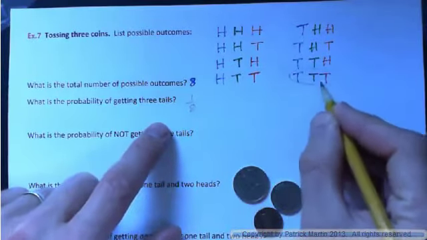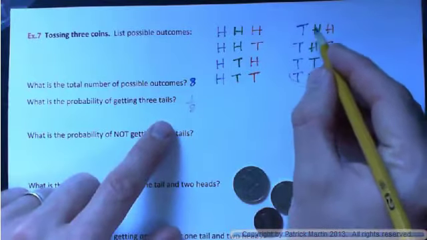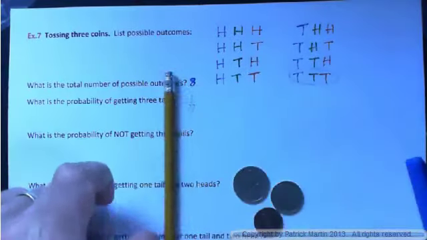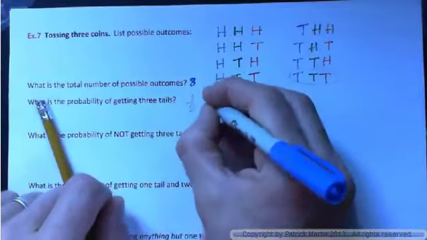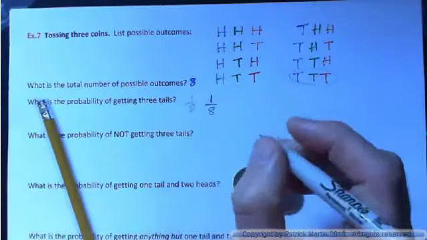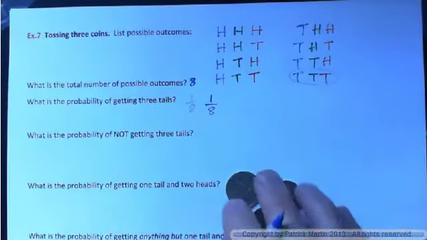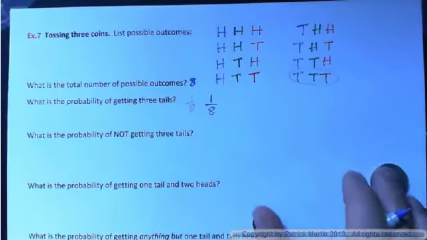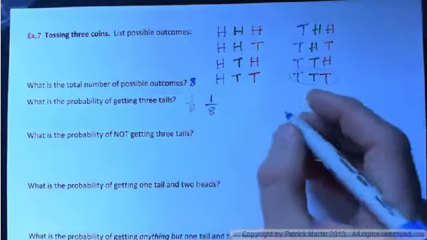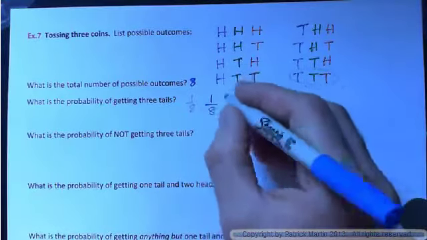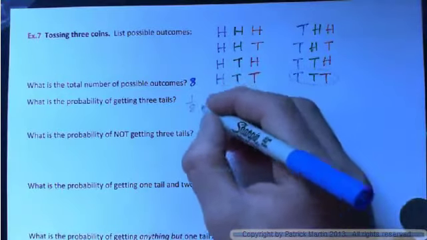And this is just one possibility out of 1, 2, 3, 4, 5, 6, 7, 8. So the probability of getting 3 tails is 1 out of 8. 1/8 of a chance, right? What is the probability of not getting 3 tails? And just so you know, in the homework and the quizzes, you'll just be asked to give it